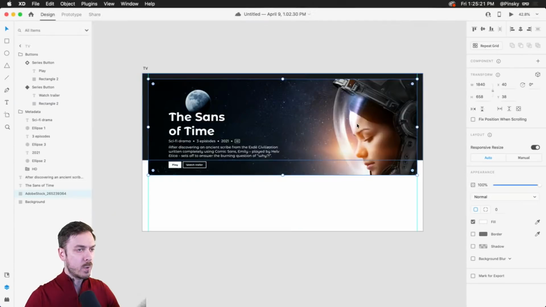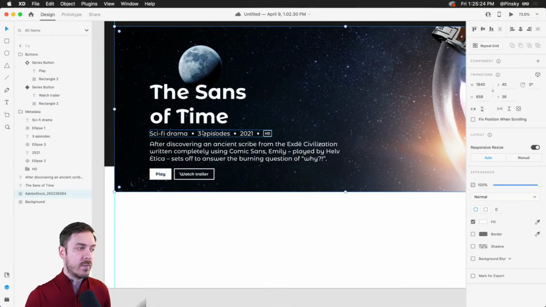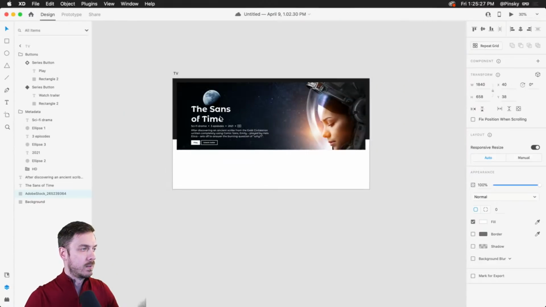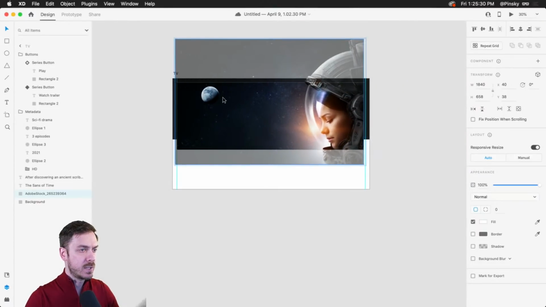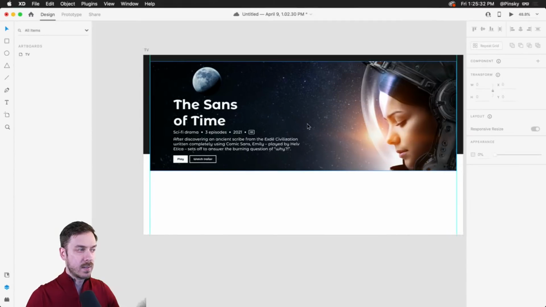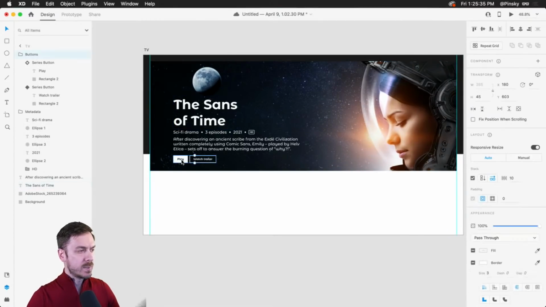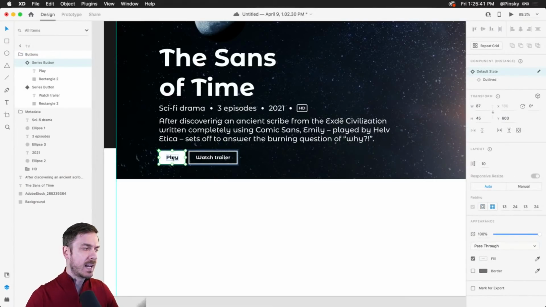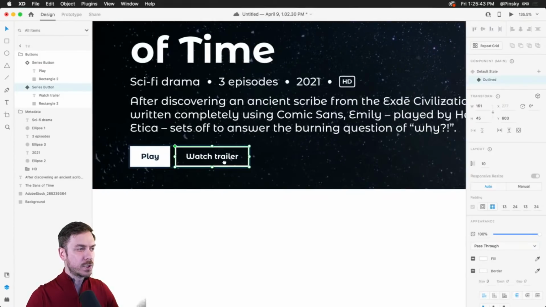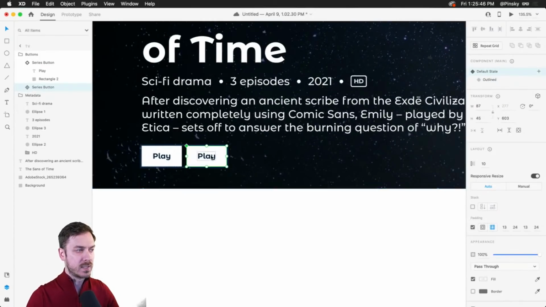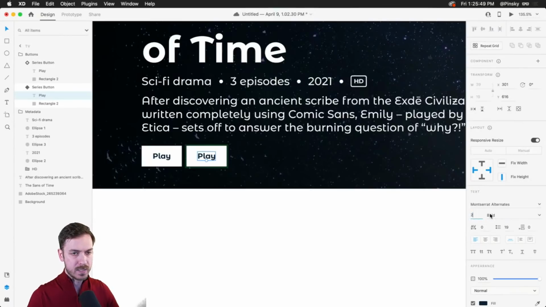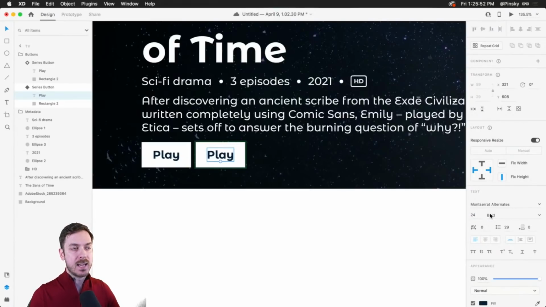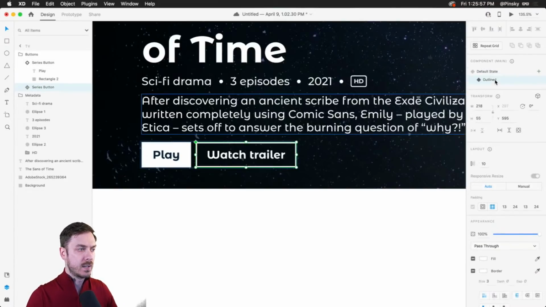All right. So we've gone ahead and, okay, there we go. Now we have a little bit more legibility, right? And I can double click and make some changes to this. And that's looking a little bit better, right? Now these buttons are looking a little bit small, to be honest. Now that I went away from it and came back, looking a little bit small. So what I'm gonna do is go to our main component in our default state. I'm gonna grab this text layer and let's bump this up to 24. And because we have padding enabled, it's gonna keep that padding and distribute that to our various layers, right? Even our states as well.